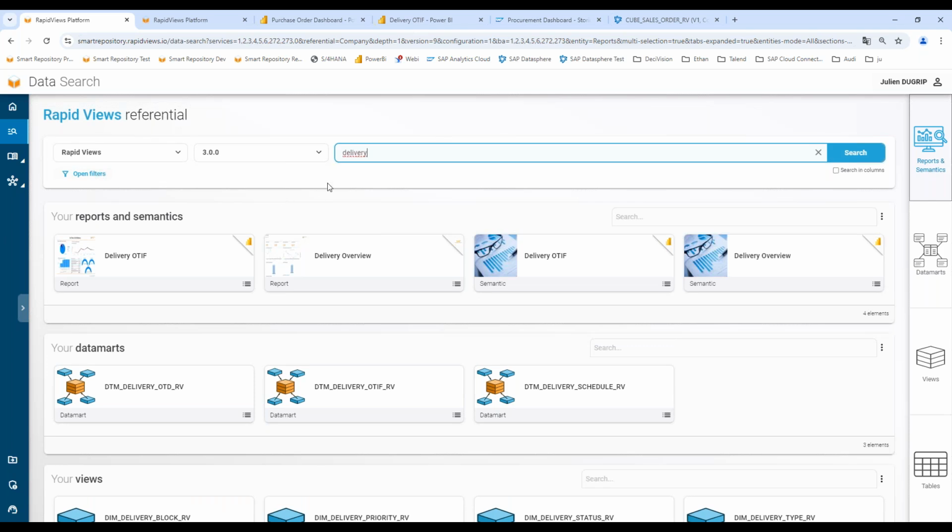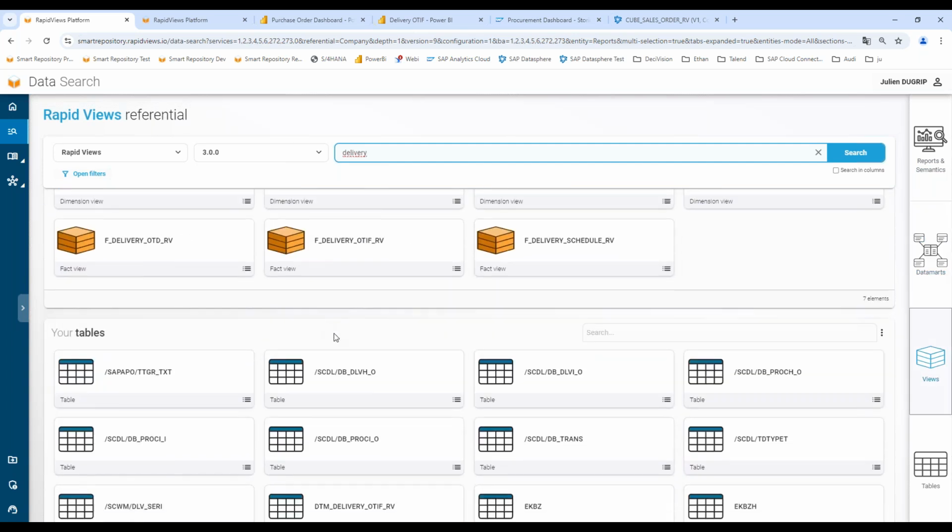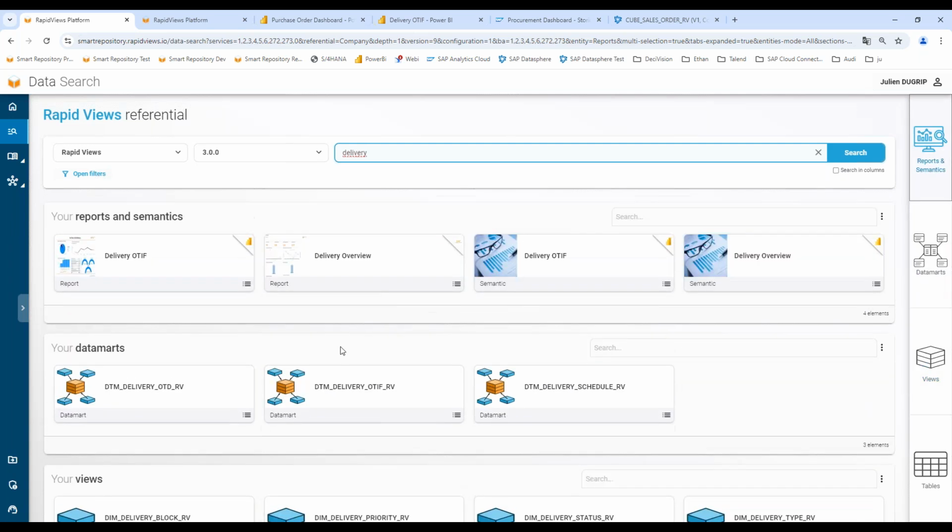In this case, the repository filters and shows me only the reports and semantics with delivery in the label or in the description. It shows me the list of data marts with the term delivery in the label and the description. It's the same for the views and for the tables. I can directly search any information.